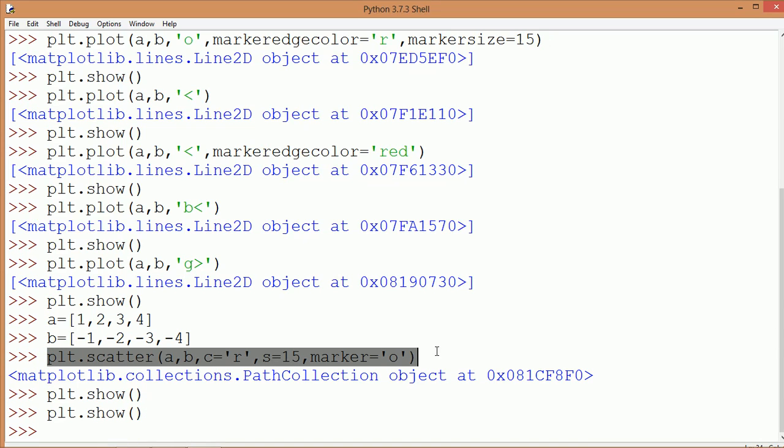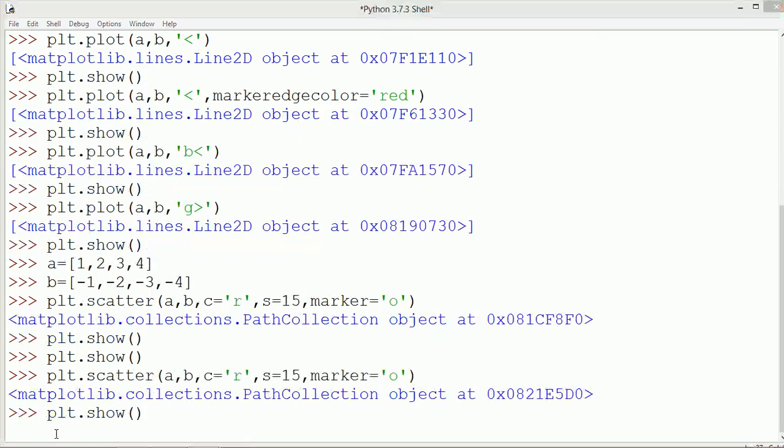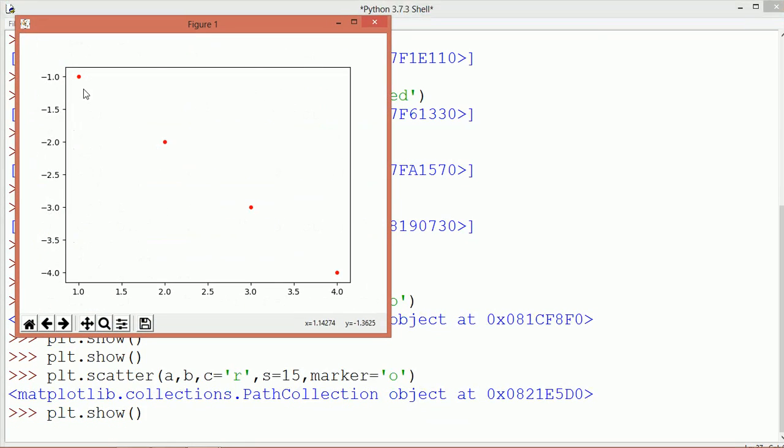First we have to scatter, Control C, Control V. Now let us show, plt.show. Okay, as you can see here, the dots or the scatters are displayed with red color. What if you want to display these dots with different colors?